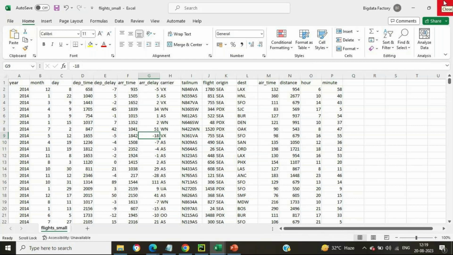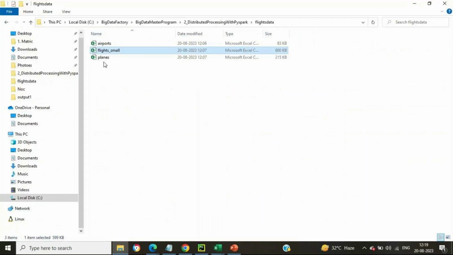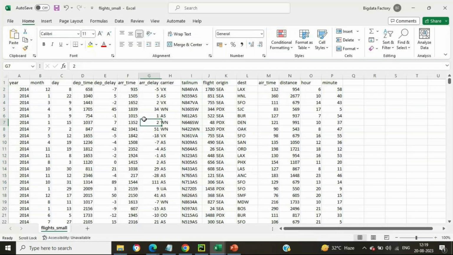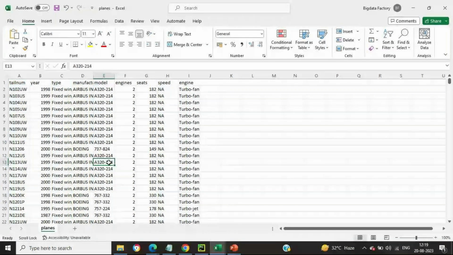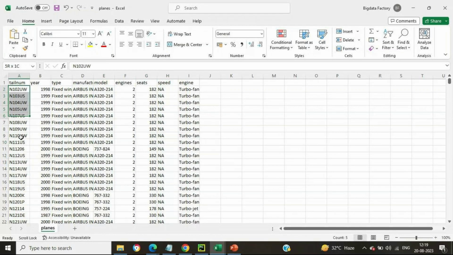Now, what we are going to do with this particular data set is understand joins in Spark. We have tail num available over here, and tail num is available inside the planes data as well. Both of these data sets have tail num information, and that is the reference point. So we are going to read these files as data frames, and then we will apply joins onto